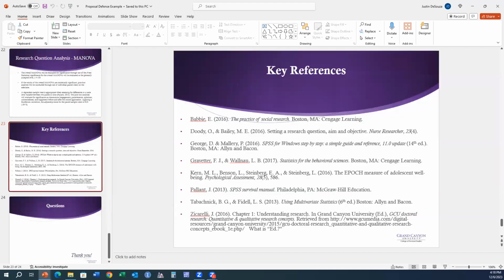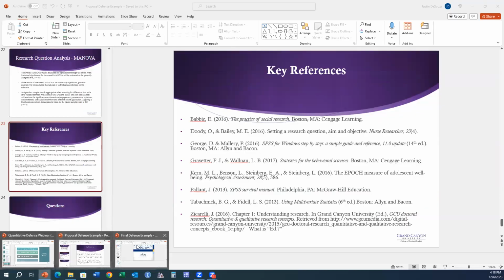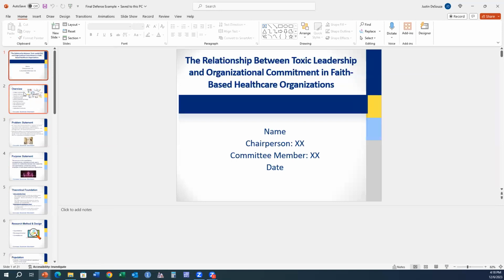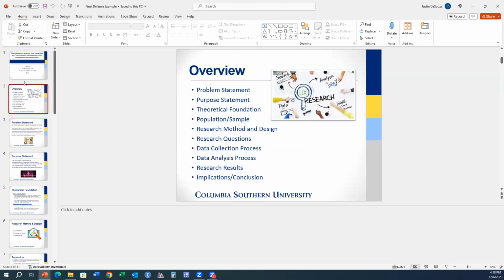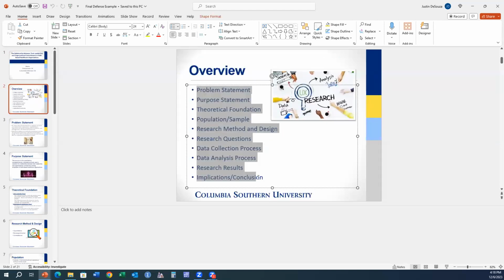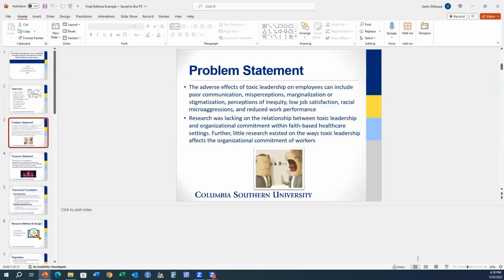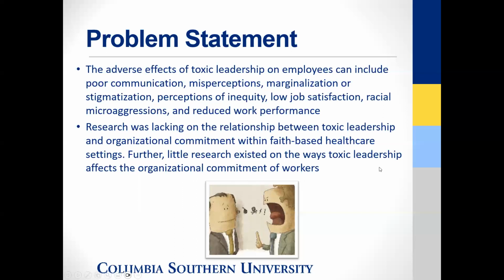Okay, so that's a proposal defense. Here we have a final defense. Different school. This is from Columbia Southern University. You can see their template is very similar to the one I had in the PowerPoint. Again, for the final defense, you will cover the chapter 1, 2, and 3 information, but it will be expedited,